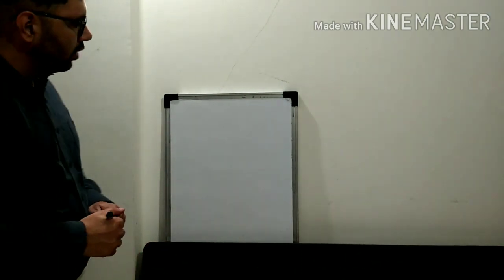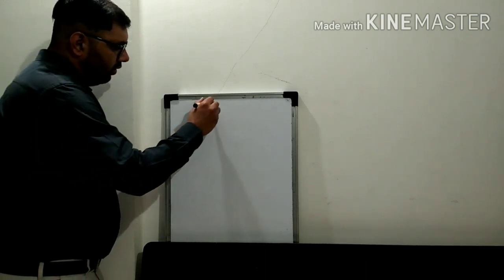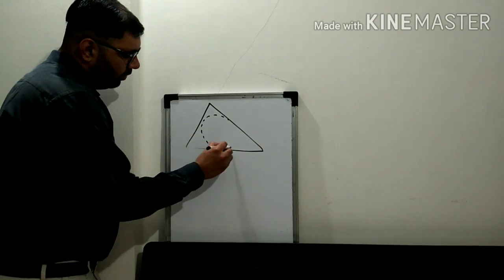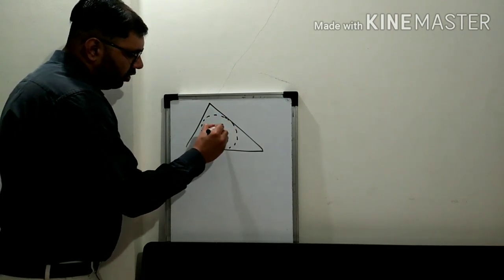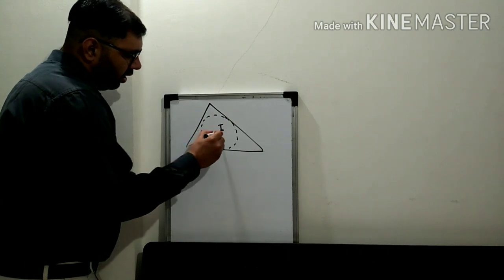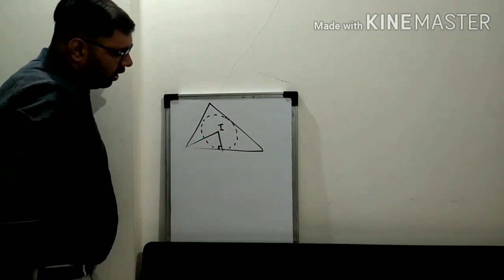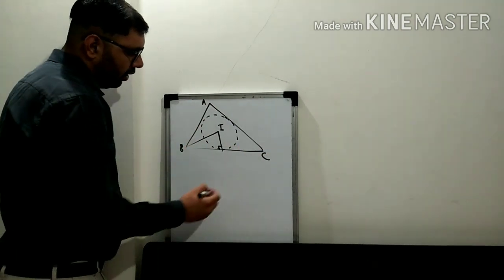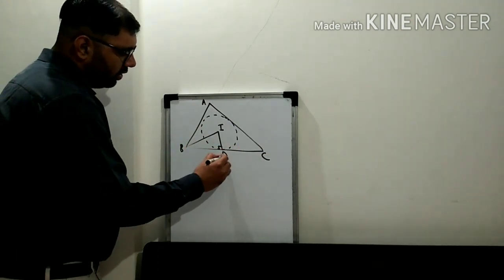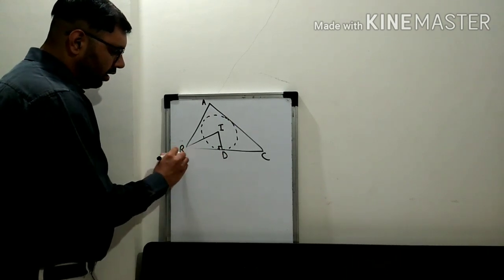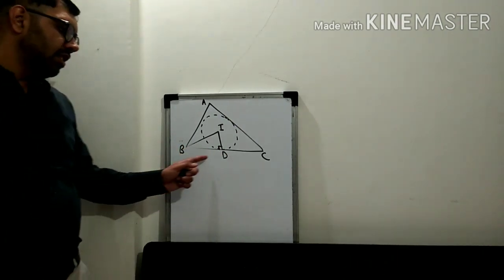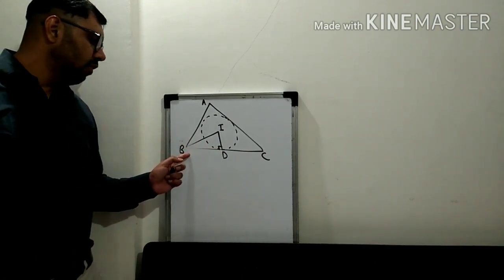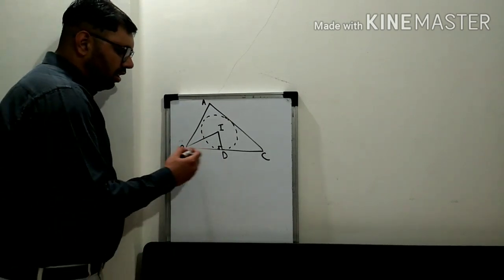Okay, now suppose I want to find, wait, I'm drawing a triangle and this is my incircle. The center of that will be the incenter. I join this. Now this triangle is ABC. Suppose I want to find this length BD. Basically this is the distance from one vertex to the incircle. So what we are trying to find is the distance from one vertex to the incircle.